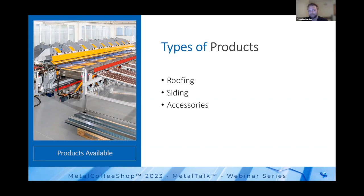cost thing, right? I mean, these metal buildings, people want to throw up and they want them cheap, right? They're keeping their tractor dry when they're not using it, or they're keeping their boat dry, whatever it is. There's a lot of different reasons to use the R panel. But my point is that when you look at expanding into that market, you need to not only look at the equipment cost, but look at the material cost, right? It could make perfect sense for you. But if you're in the roofing market and you're buying 24 gauge Kynar coated material,